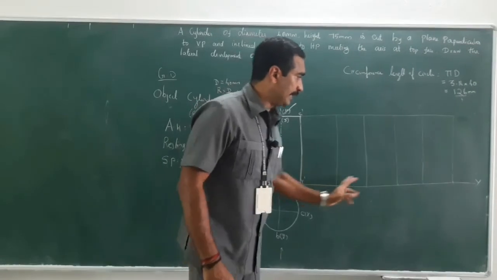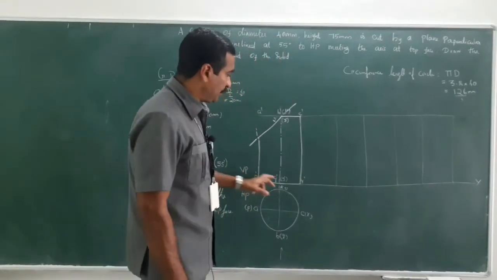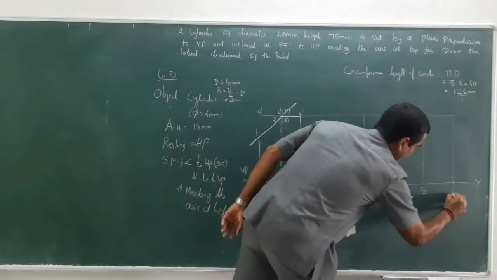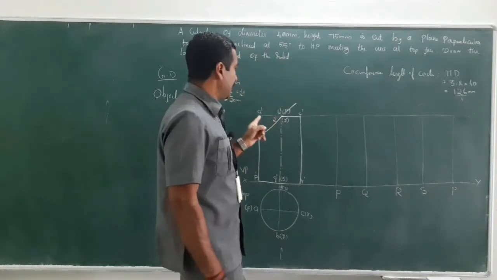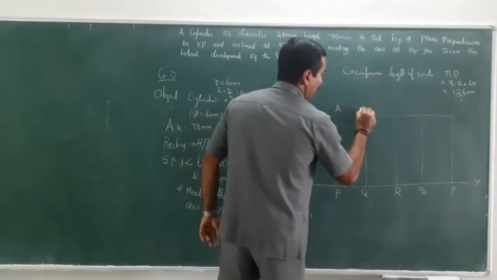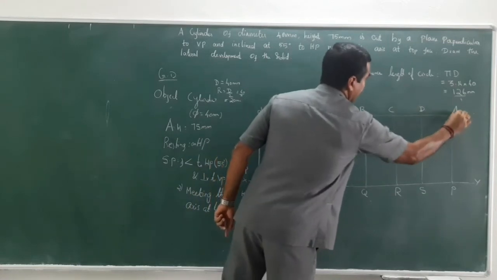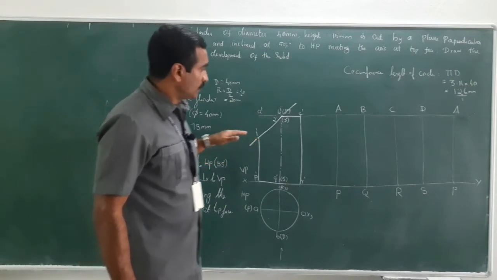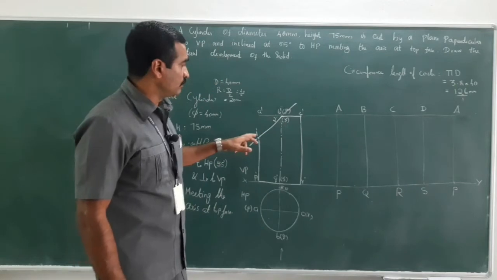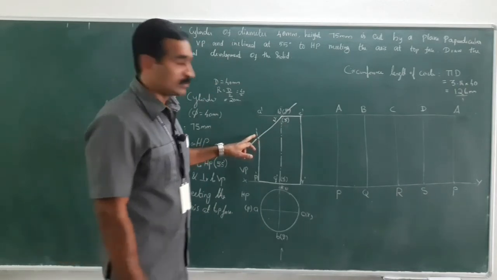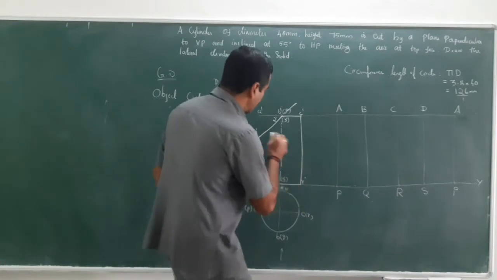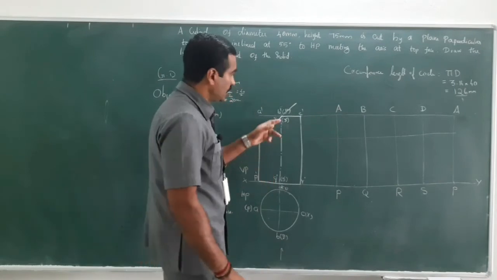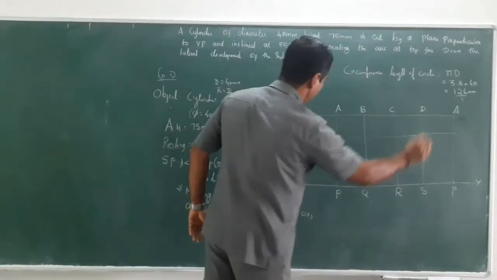Now I'll have to give the naming for this. Here, look at here, PQRS, right? So you will have to start with P, Q, R, S and P. Similarly for the top face, A, B, C, D and A. Right. Now I'll have to just draw or project the lines from newly created points. That is 1. Draw a parallel line to XY. Right. Now 2 and 3, it is already there.